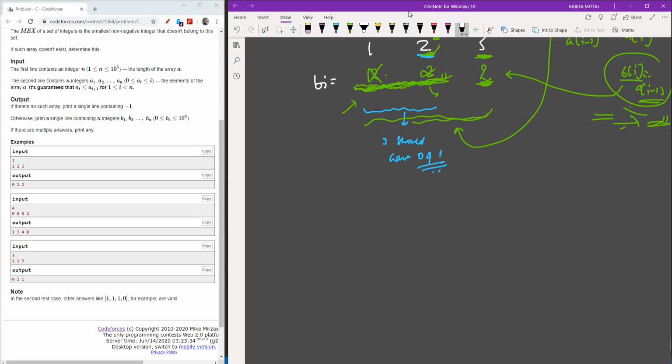Now let's have this example again. So 1, 2, 3. The first thing I got is, if my a_i is not equal to this, then my 2 will be here. If it is not equal, my 1 will be here. And for 1, what will you say? For 1, it has no previous element, so what to do now? Just see, from 0 up till some number, which element has not been visited till now, which means 0 is not visited, so I will write 0 here. I will prove it later on, but for now let's see this.